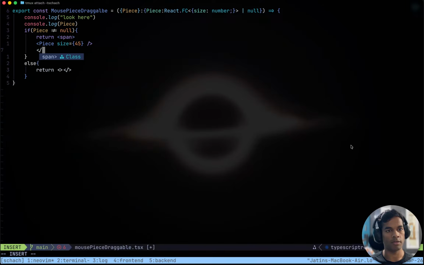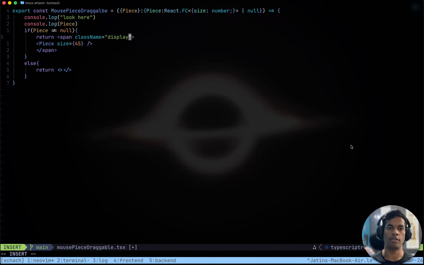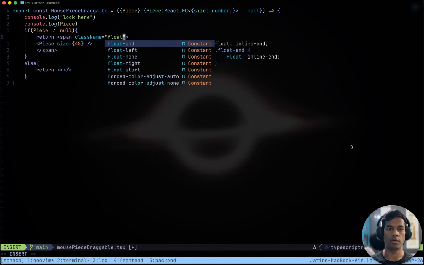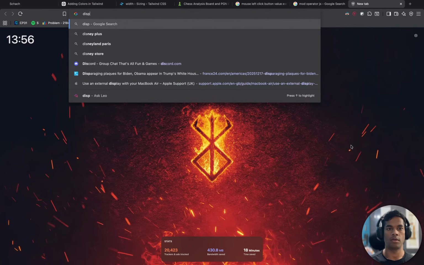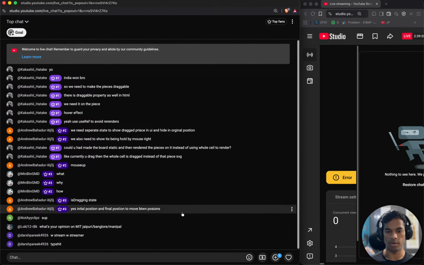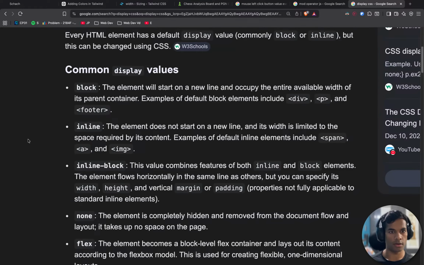Piece has to come inside a span, which will have class name, display float, there is a display which works here.